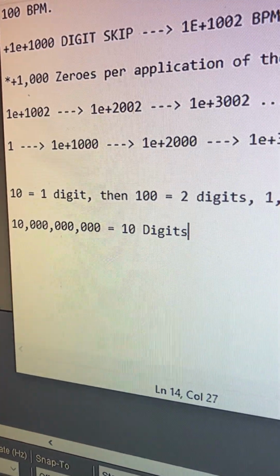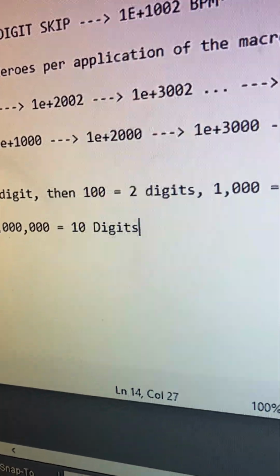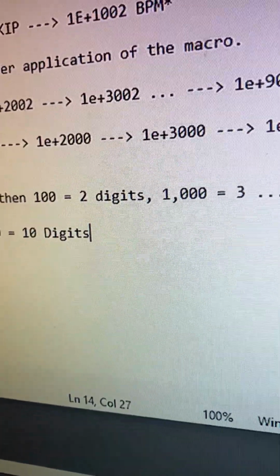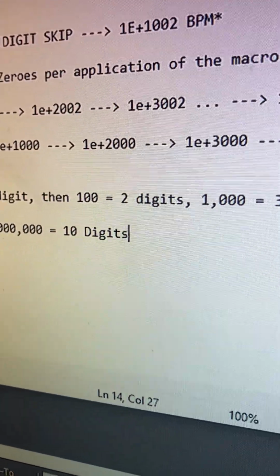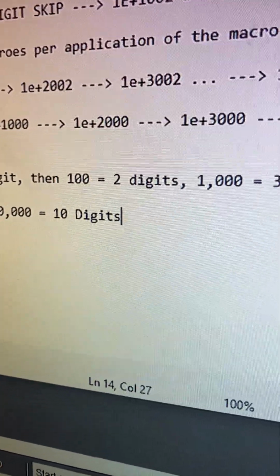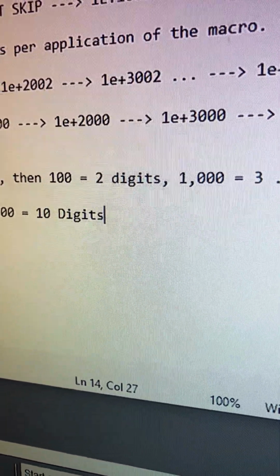So 10 billion is equal to 10 digits. And then, yeah, so